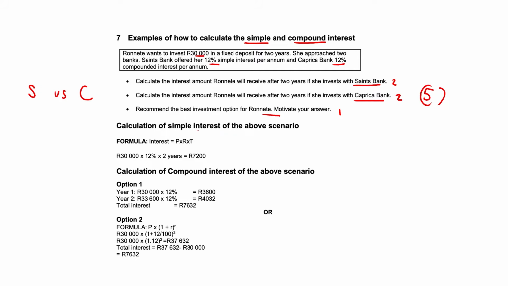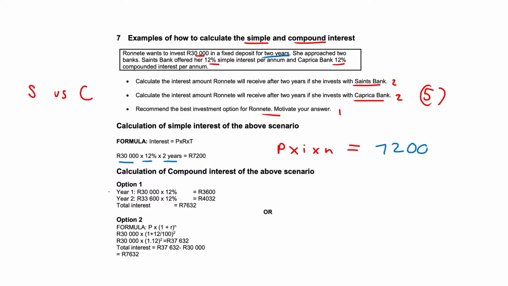The calculation of simple interest of the above scenario is relatively easy. It's just your principal amount times your interest rate times the number of years. So 30,000 was our principal amount times 12% interest times the 2 years. And that gave us 7,200 Rand interest. But if we did it in terms of compound interest, we could use option 1, doing it step